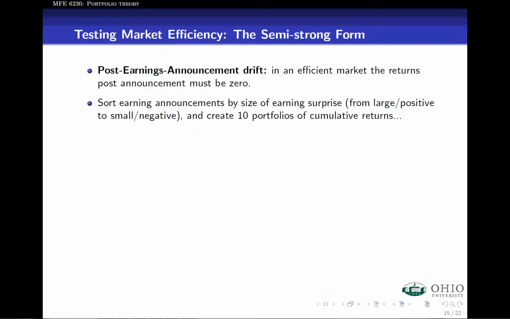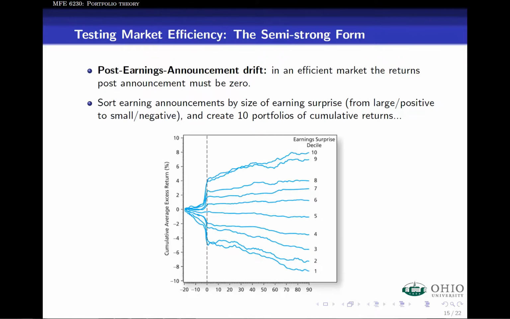Okay, once we do it, we're gonna sort stocks into, say, 10 categories by their earnings surprise, where the lowest category is going to contain the most negative surprises, and the highest category is going to contain the most positive surprises. And then what we're going to do, we're going to look at the returns of the portfolios of these 10 groups, or 10 portfolios of stocks, over time, and see how their returns move. This is going to be what we'll find. So as you see, I'm calling these earnings surprise groups deciles. So going from deciles 1 to 10, you see this